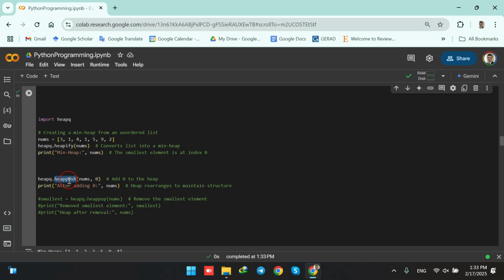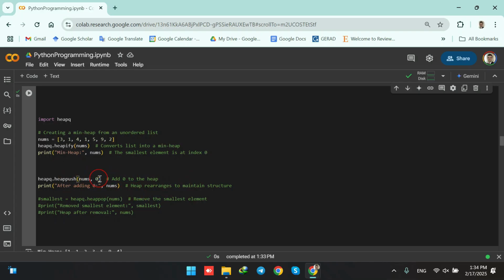Then we use heappush to push a new value to our heap. And then we need to have two arguments. The first argument is the name of our original list that we converted to a min heap. So this is the name of our min heap, and then the number that we want to add